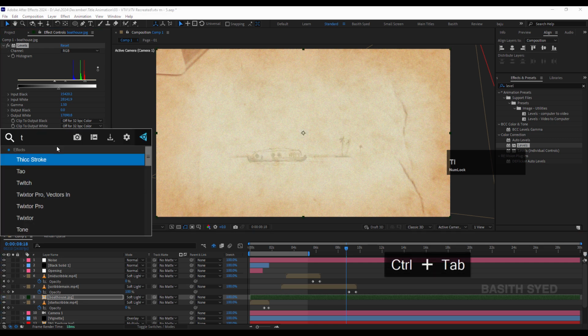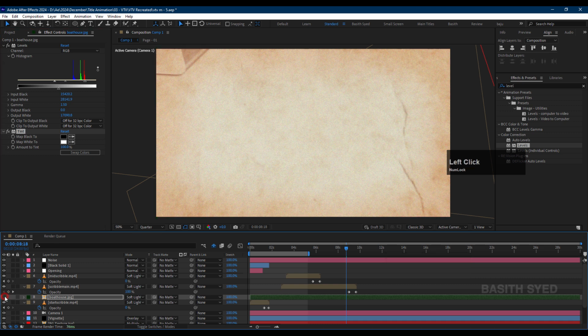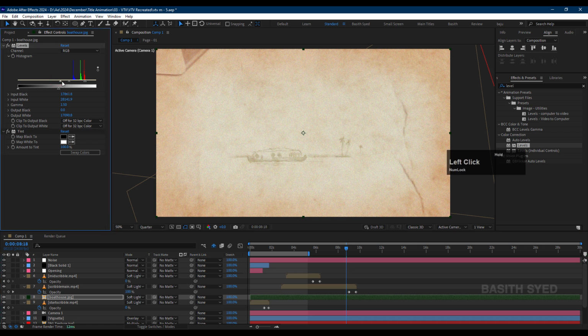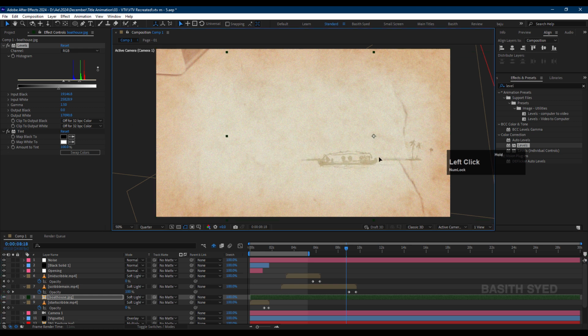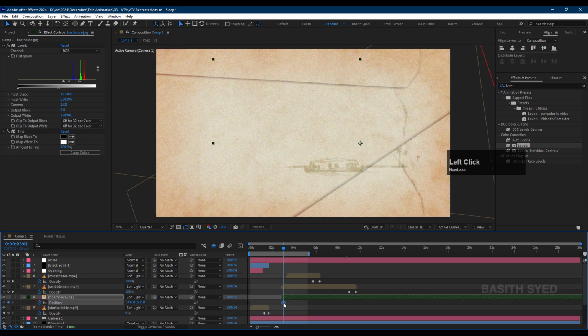So let's apply tint. So now this is working. I think we can increase the contrast a little bit, like this. I think this works. Let's bring the image something like this, and then bring the image here, press P, and then bring it like this,